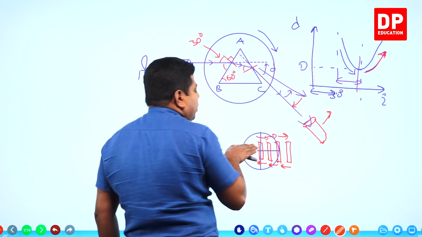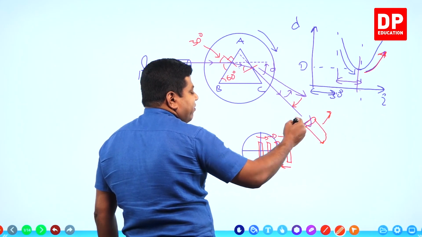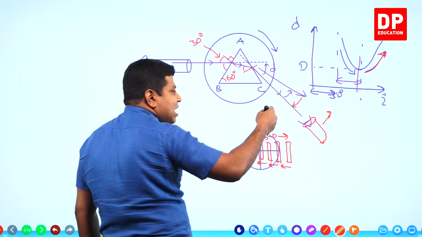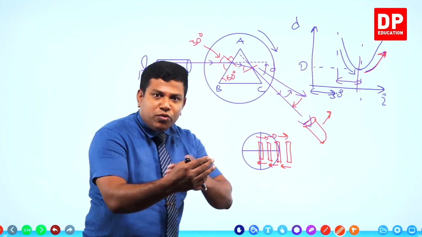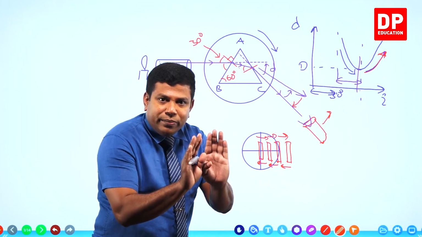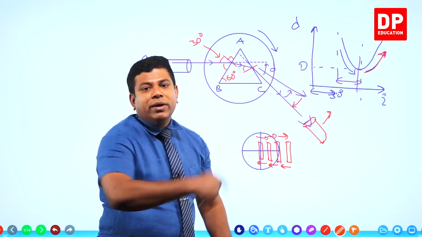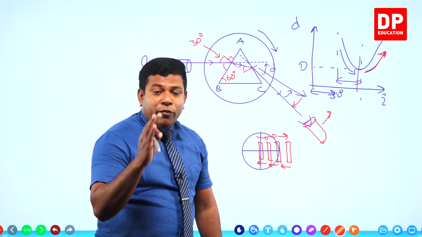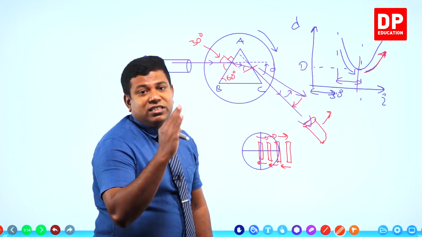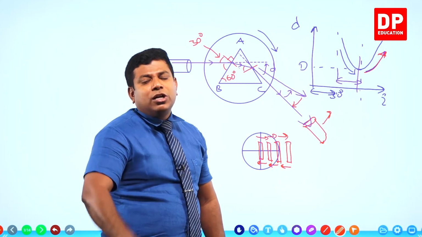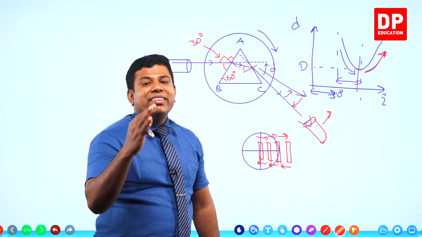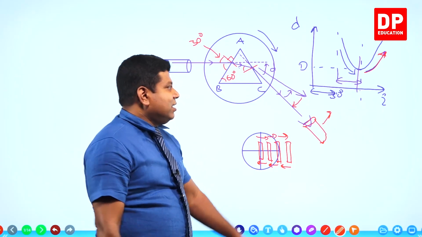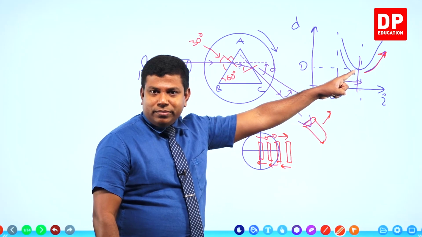The image would be moving to the right side first. It will reach a position where it remains unchanged. It doesn't move in any direction, it just remains at a position. Then again it starts moving in the other direction. You need to locate the point where it remains unchanged. Momentarily it remains unchanged. Find that point. That point will tell us the minimum deviation.